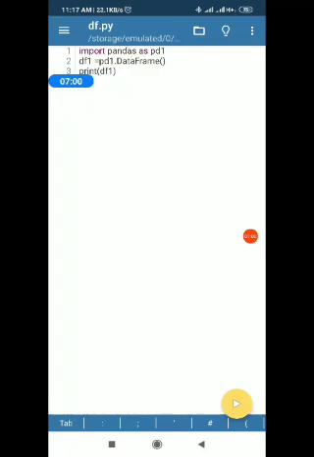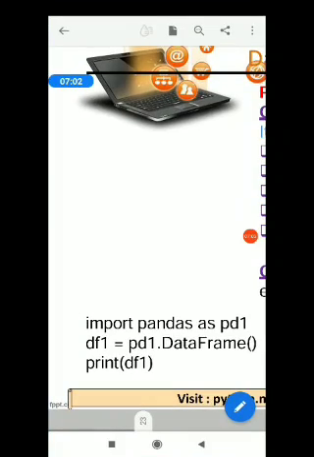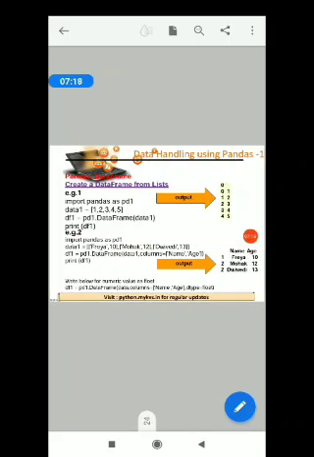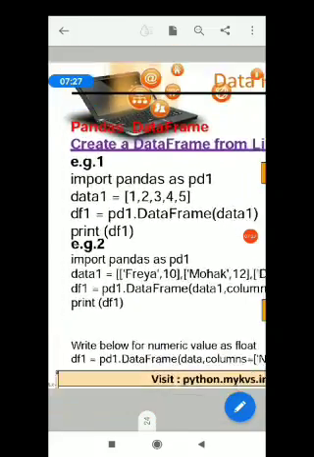Let me return to my notes. You please try this code in your Pydroid editor or any other editor. In Python 3.7 you may also use an IDE on your machine. Then I'm showing you how to create a data frame using lists.